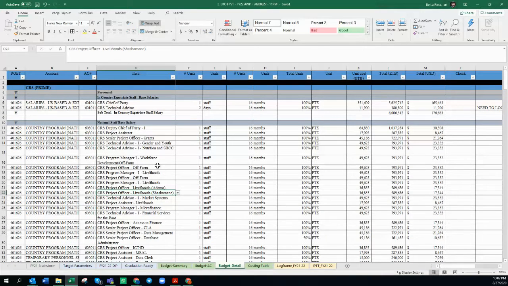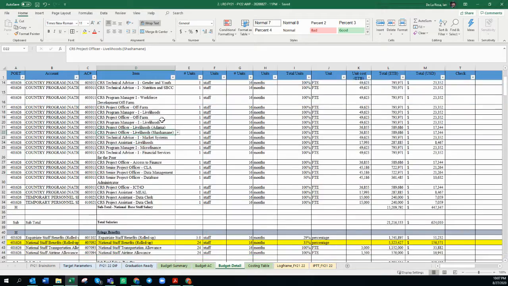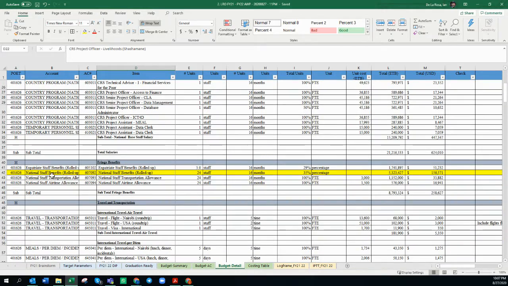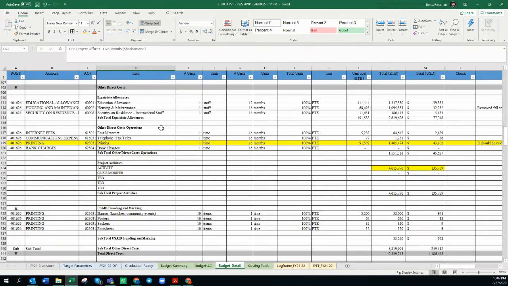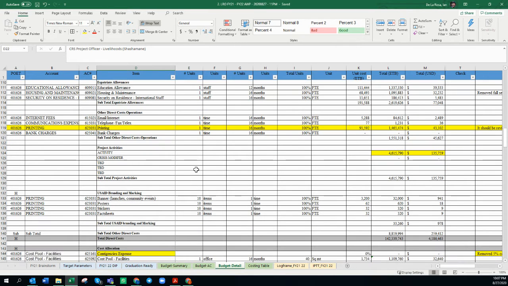For budget details here, you're going to notice a couple of things. One is we still had this in yellow. I can't recall why we had it in yellow, so please take a look at that. Printing again was another one that was highlighted. We looked at